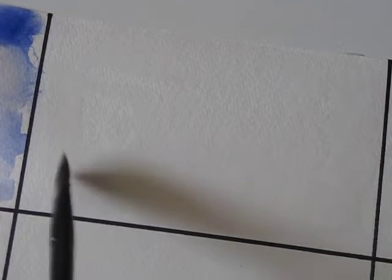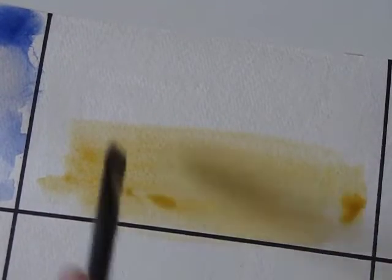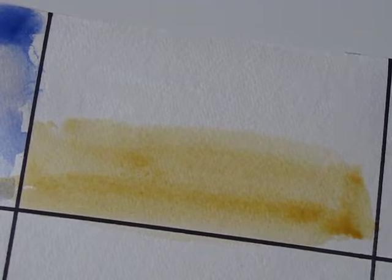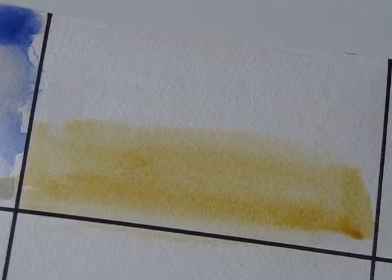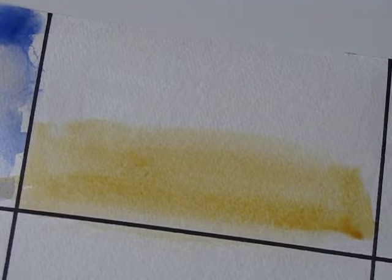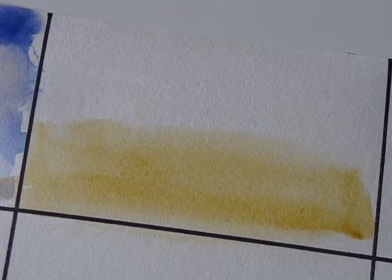Right, here we go with number 2. This one's going to be a stormy sky. Again, soggy it all in nice and wet before you start. The base of this one, I'm going to put in some yellow ochre. No, I'm not, I'm putting in raw sienna. I put that in at the bottom, just splodge it across, and that will warm up the base of the sky. Let it run down a bit, sop up the bottom. Now the top, again ultramarine, but we'll put in a little dash of alizarin crimson